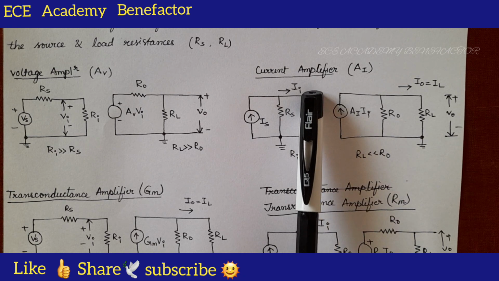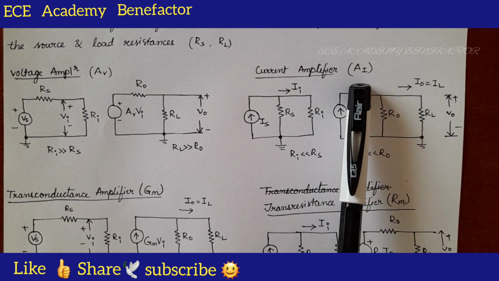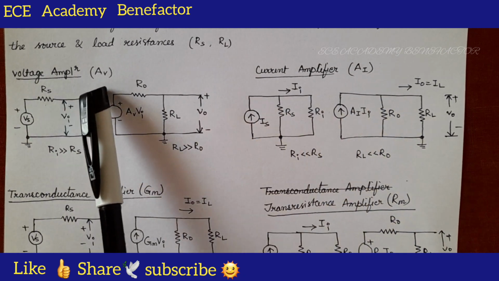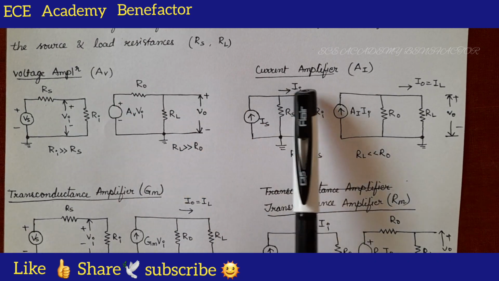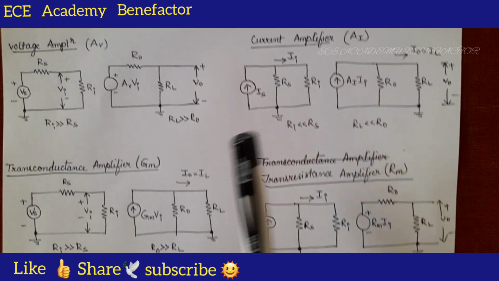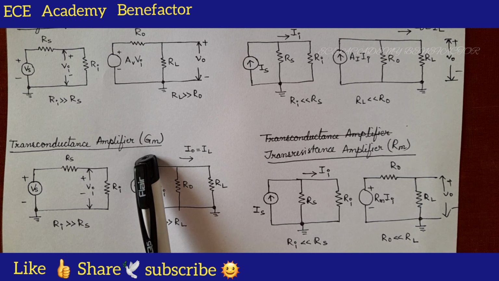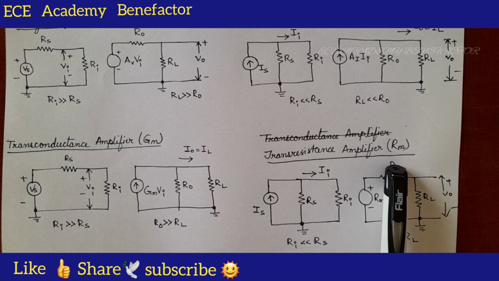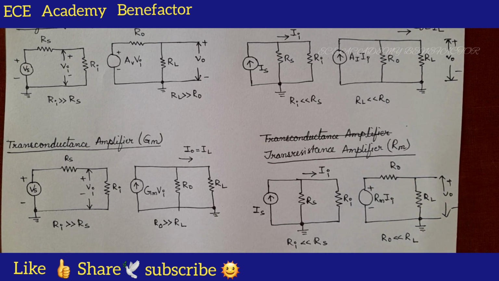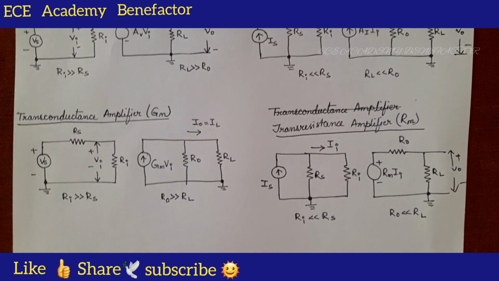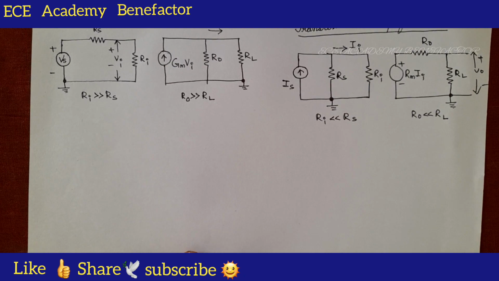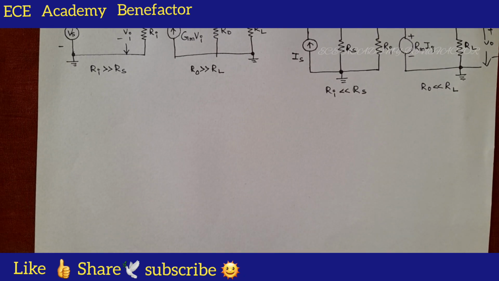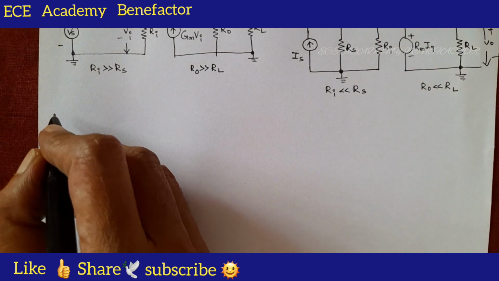Second one is current amplifier of gain Ai. Voltage amplifier gain is AV. Current amplifier gain is Ai. Transconductance amplifier gain is Gm and transresistance amplifier gain is Rm. So, let us see how to draw them and remember them easily. So, first coming to voltage amplifier,